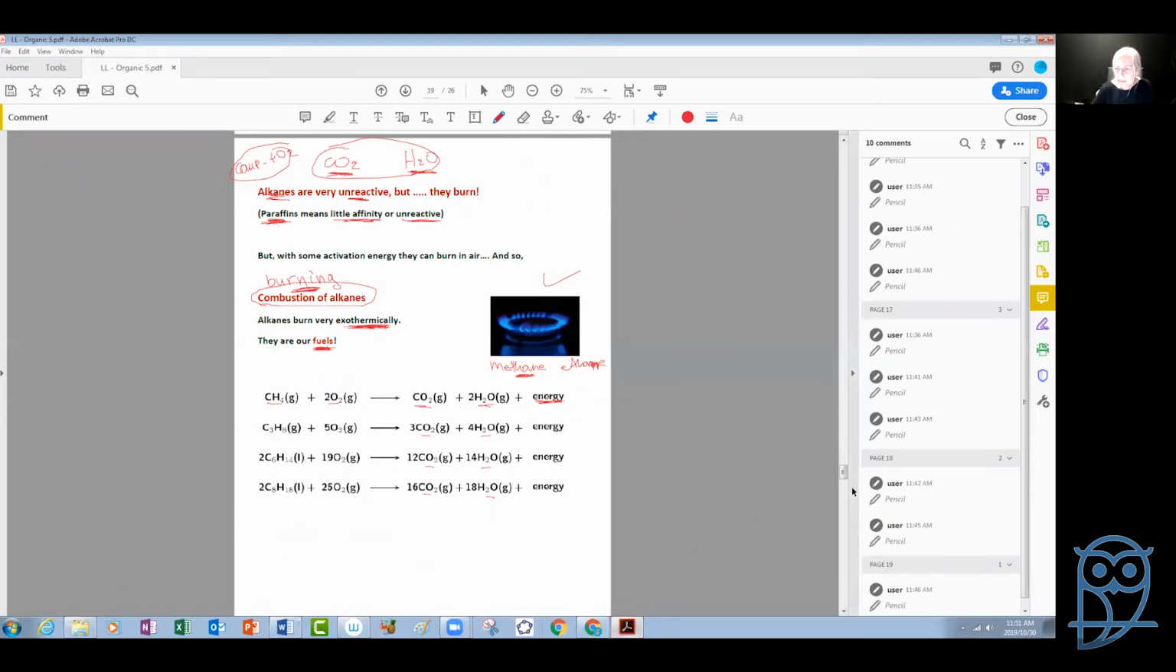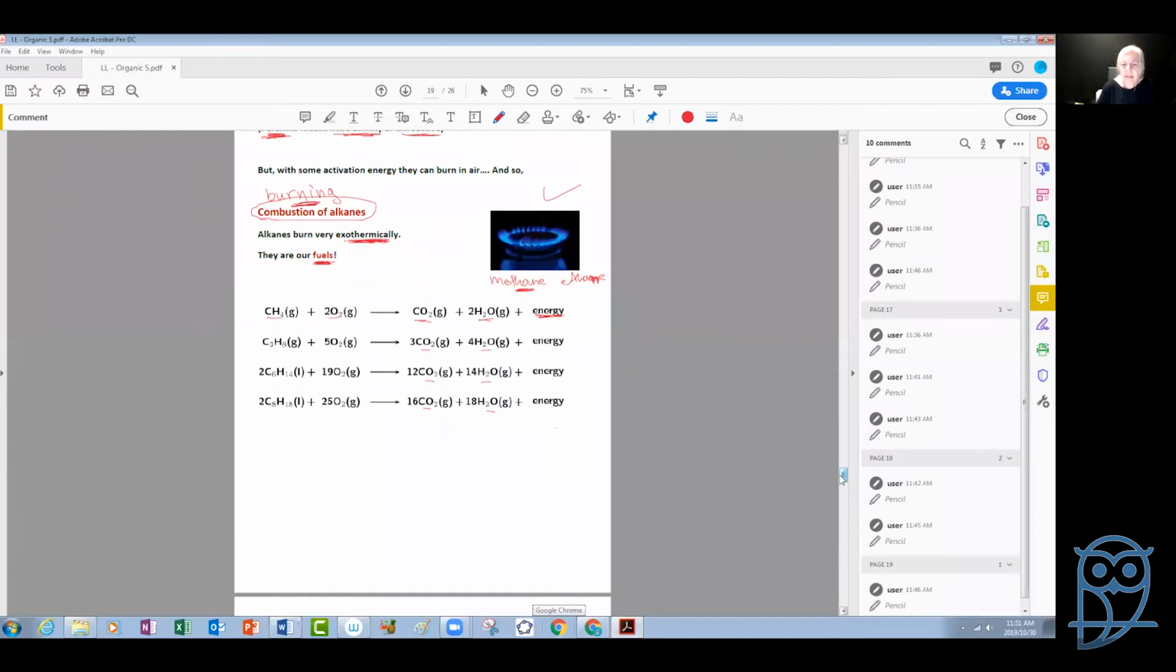Maybe we should write one separately. Let's say, which one looks difficult here? Okay, the top one seems kind of easy, like the methane. Let's try the propane with three carbons and 8 hydrogens plus oxygen, which will give us carbon dioxide. We're talking about the complete combustion of